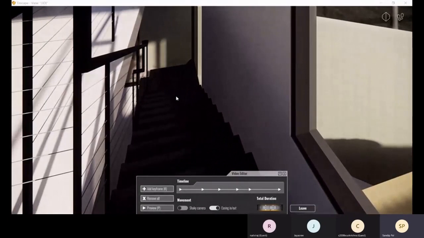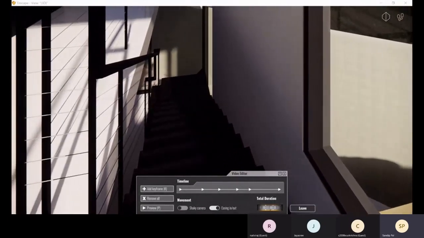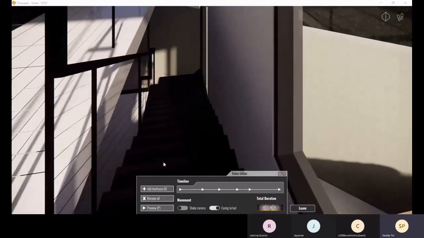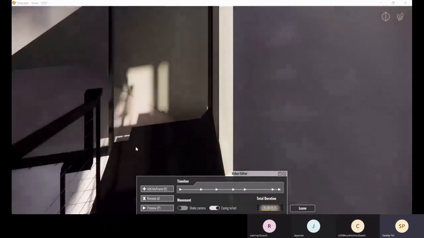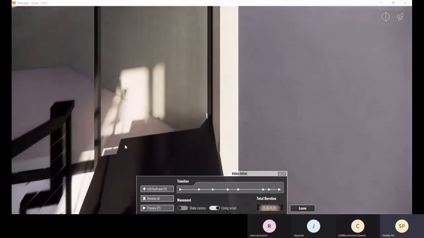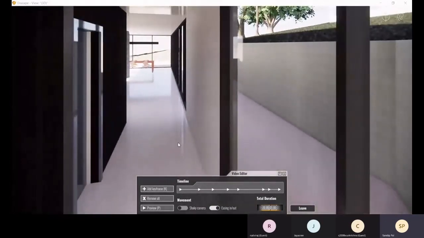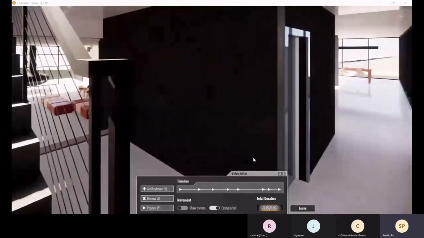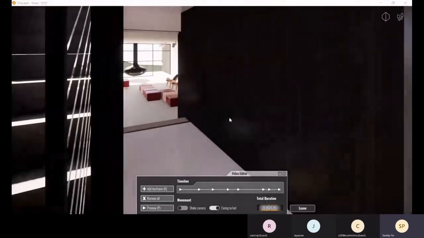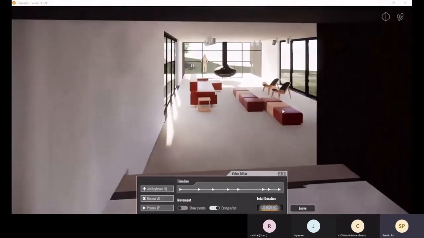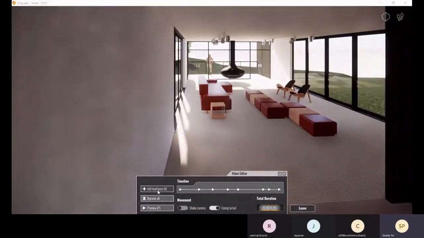Okay, now let's come down through the stair. Let's place a keyframe here. Another keyframe here. Come here. Place another keyframe here.